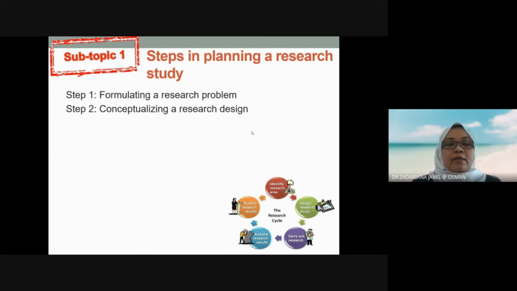After that, you need to conceptualize a research design. So you need to identify what research design you want to use. Is it quantitative or qualitative and so on? And then after that,